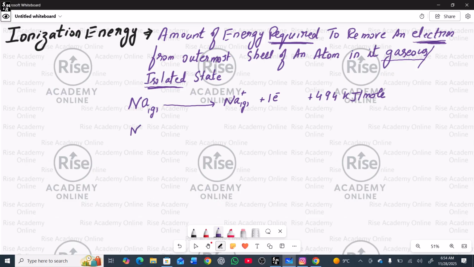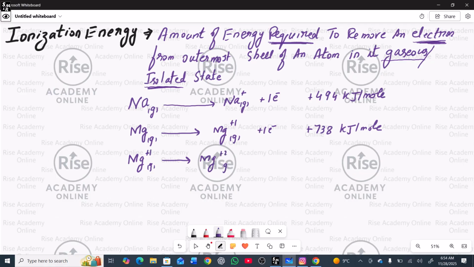Another example we can discuss: magnesium gaseous atom into magnesium monopositive gaseous ion, and its valence electron is again removed. Energy required is 738 kilojoule per mole. And in the next case, if we remove another electron from this magnesium monopositive ion to convert it into magnesium dipositive gaseous ion, now the energy required is 1450